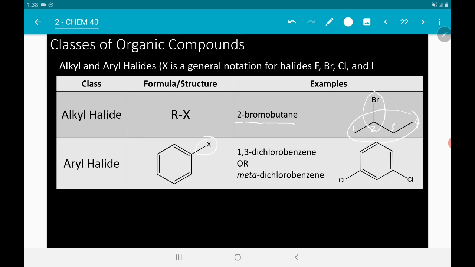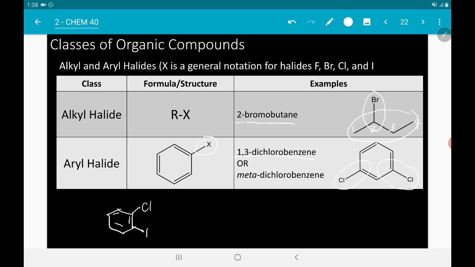Okay? So for aryl halides, ganun din. Okay? It's an aromatic ring pero may naka-attach na halide group. Okay? So for example, ito. So you can call this a 1,3-dichlorobenzene or a meta-dichlorobenzene. Okay? Kung magkaiba naman yung halides, for example,